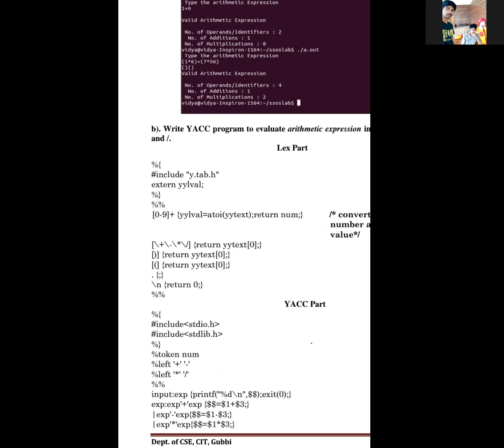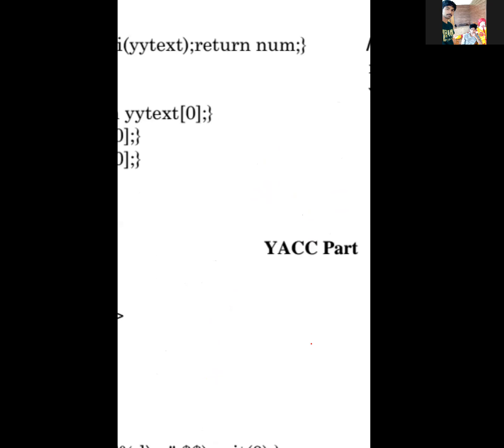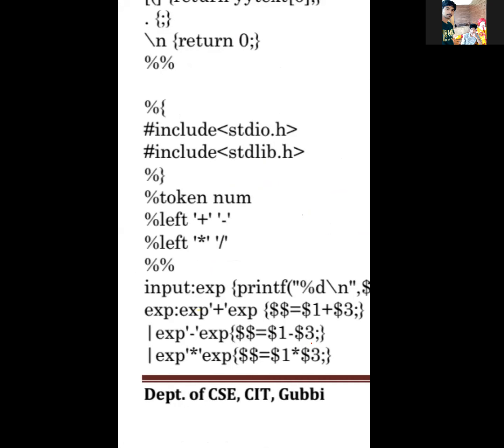See, in this Yacc part, like in your C program, include stdio.h, include stdlib.h is there in your definition section. Here onwards, we have a token. Already we discussed in the previous classes, what do you mean by token? Whatever variables match the C programming variables, that we call a token. Matching expression, that means the num. This will give you the results. The token consisting of variables. That num is a variable.